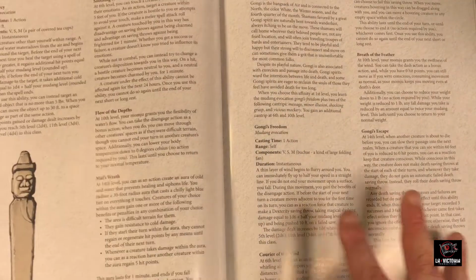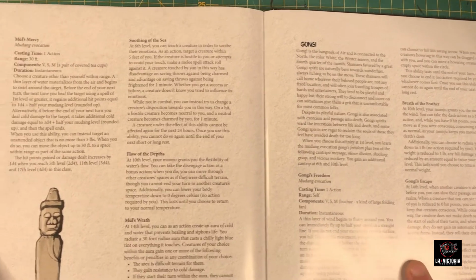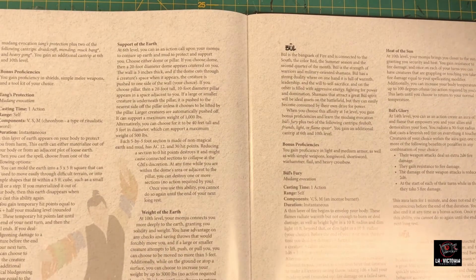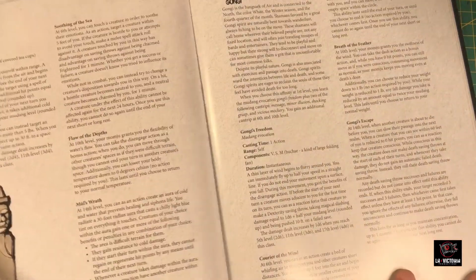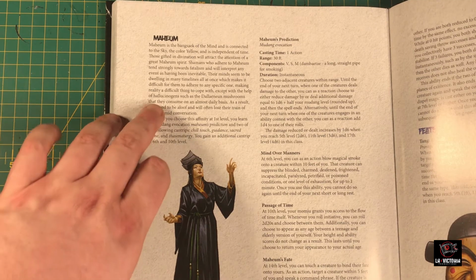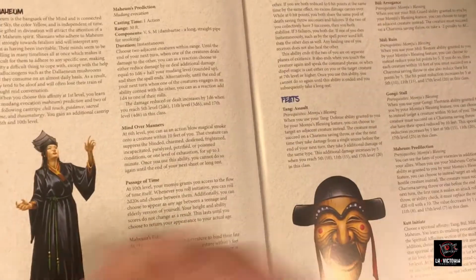Fluff-wise, these affinities are related to kind of the elements. So like Gongi is air, and Mul is water. Then you've got Bull, which is fire, and you've got Tang, which is earth. And my personal favorite one, which is Mam. And it's the Bangsek of the mind. So that one's a little bit different, and that has some really, really cool stuff later on. But essentially you pick one of these,